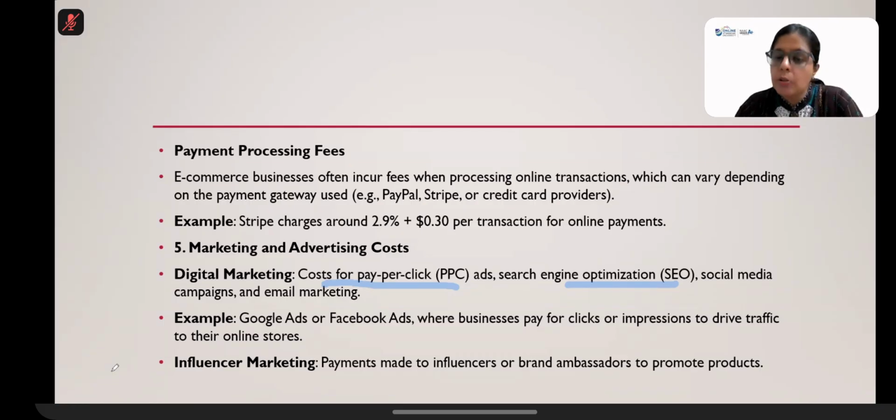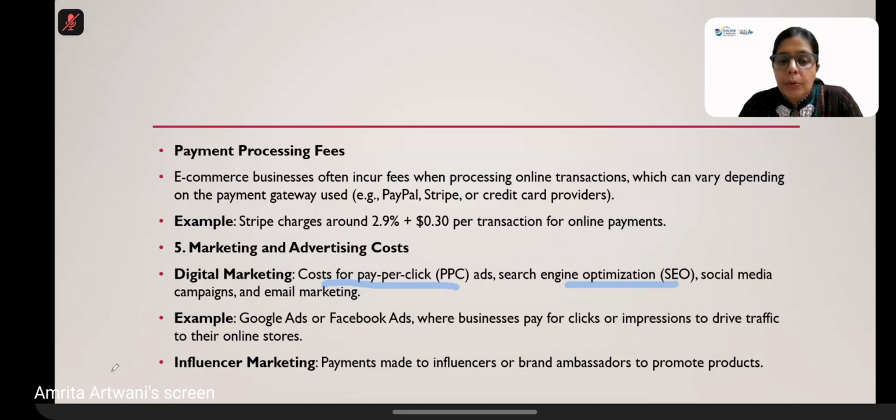If you are hiring SEO specialists, then you have to pay them. Okay. Social media campaigns, you hire influencers, they run a social media campaign for you, or you build your own page and run social media campaigns. You hire people to interact with customers on your page. Okay, so all these costs will come under marketing and advertising cost. Okay,